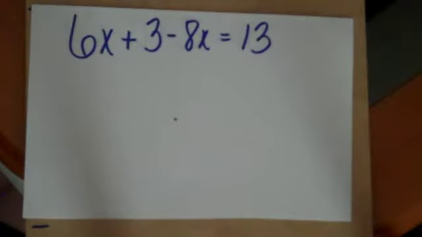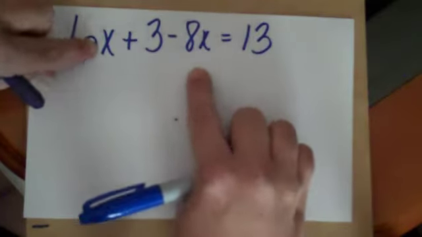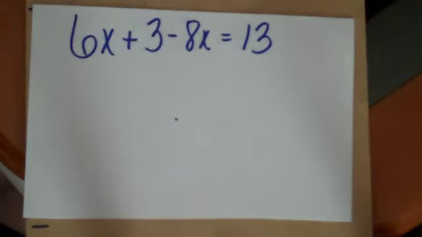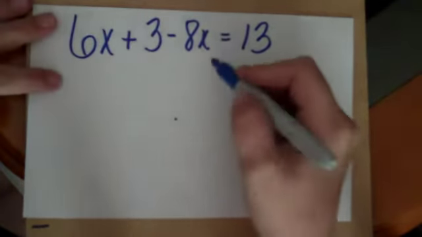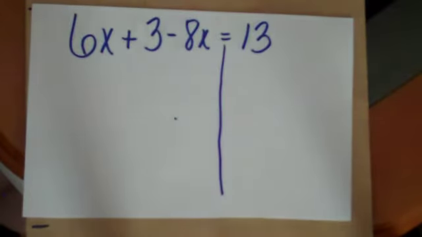Alright, this one's a little more complicated. Why? Well, look. You have x's here and you have x's here. Here's an important thing to note though. Those x's, they're on the same side. If the x's are in two different places, but they're still on the same side of the equation, we just